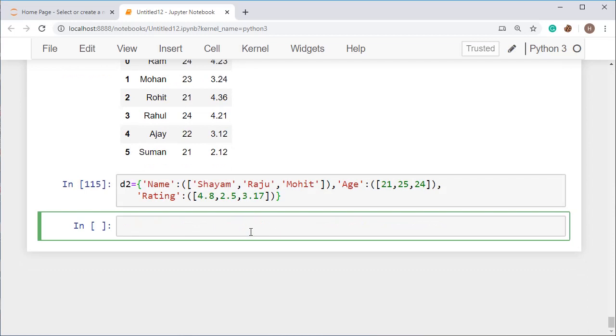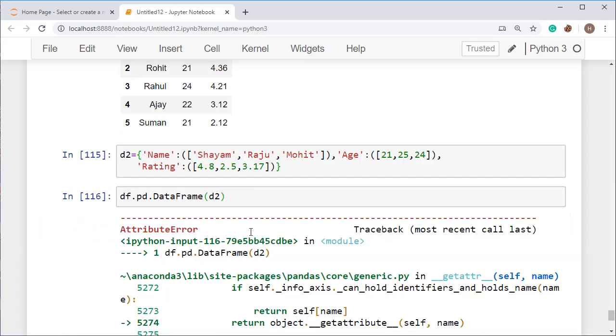Now I am going to put all these values into the data frame. So by using this, df is equal to pd dot DataFrame, and just pass the value D2, and you will get, sorry, I have used the wrong thing.